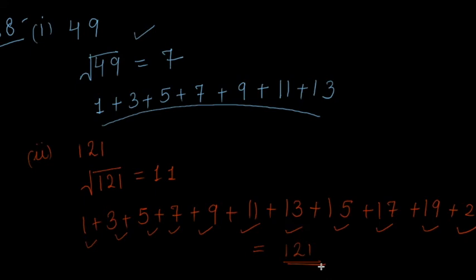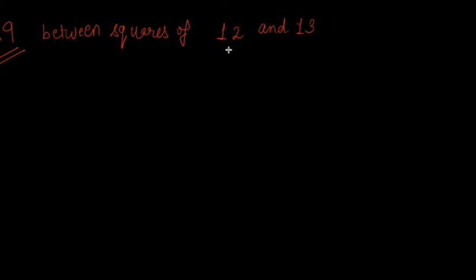Good. Now, if I come to the last question of this exercise, that's how many numbers lie between the squares of 12 and 13. Sometimes I have seen students calculating the square of this and then the square of the second number to find out how many numbers are actually lying in between. We will be learning a method for this, because if the numbers are bigger, then it becomes very difficult to calculate it.